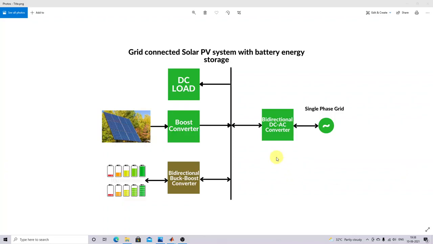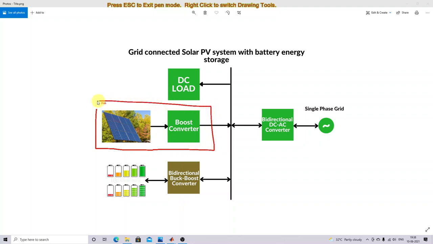So it consists of solar panel and is connected to the DC bus via boost converter. So this will act as a DC bus, this line, and then it has battery storage. So the battery storage is connected to the DC bus via bidirectional converter, and the DC bus has some DC load,